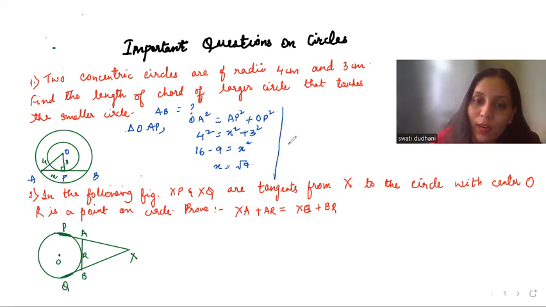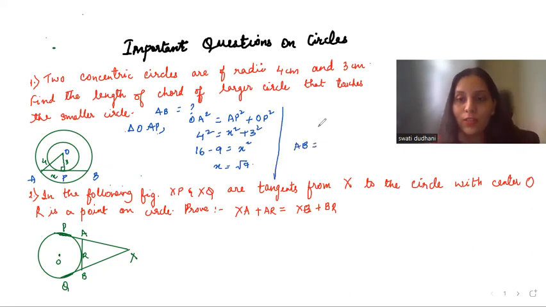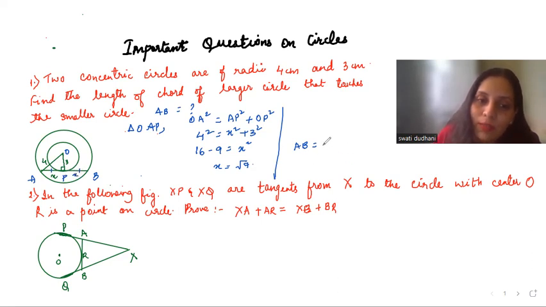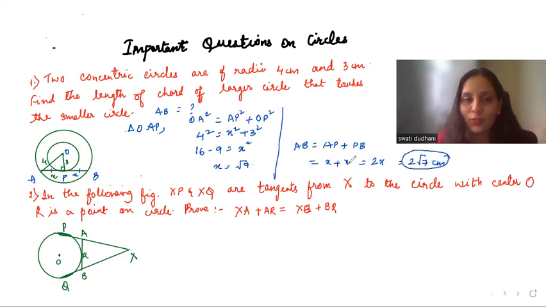But what do we need to find out? We need AB, the length of the chord. So since we also know that when the radius is dropped to the chord, it equally divides the chord. So we know AP is equal to PB. So if AP is X, PB is also X. So AB can be written as AP plus PB, which is X plus X, 2X. So 2 into X is nothing but 2 root 7 centimeter. So this is the length of the chord. So here you need to write the theorems wherever we have used. So how this is 90 degrees, you need to write all of them in your exam.